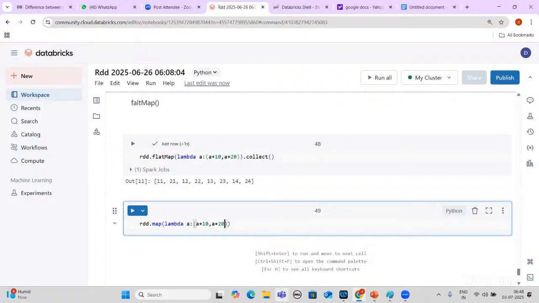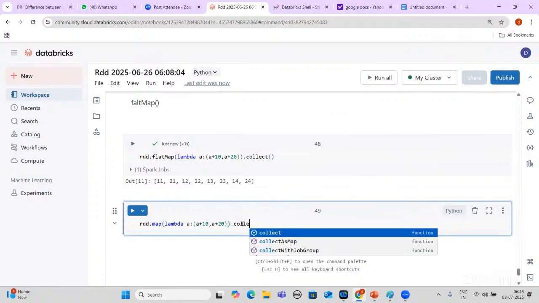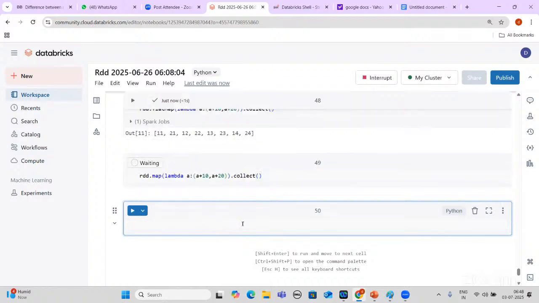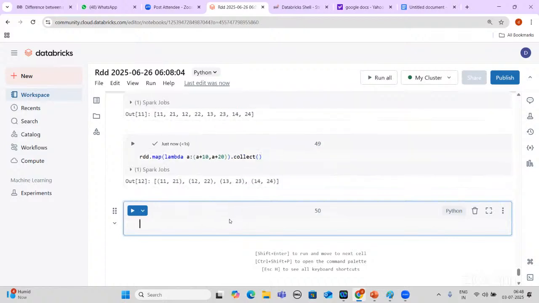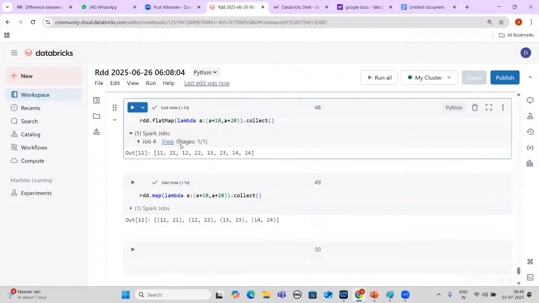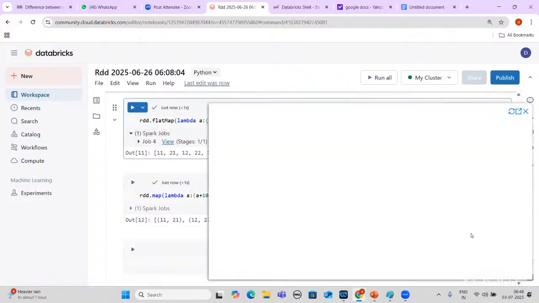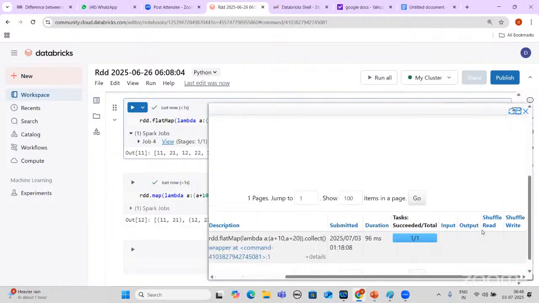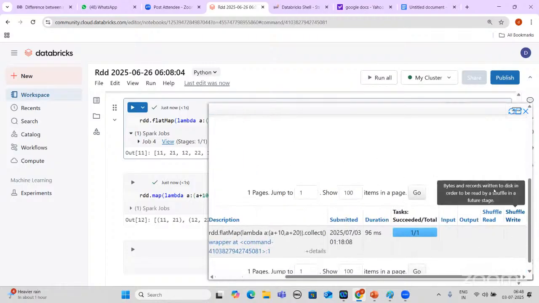The same thing. Then collect. I have given flatMap and map. Map and flatMap both are narrow transformations. No shuffle, right?